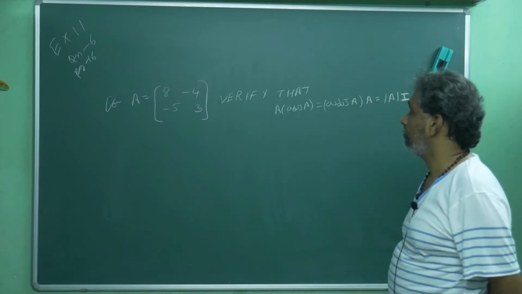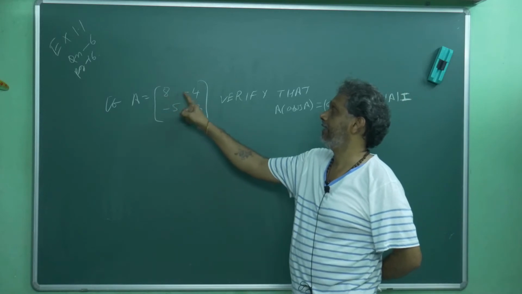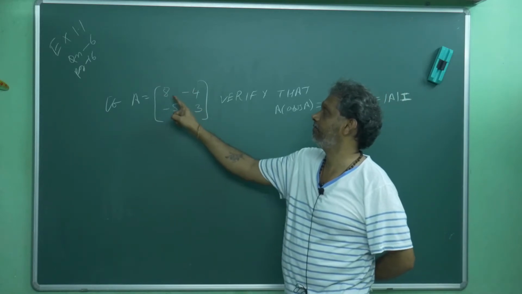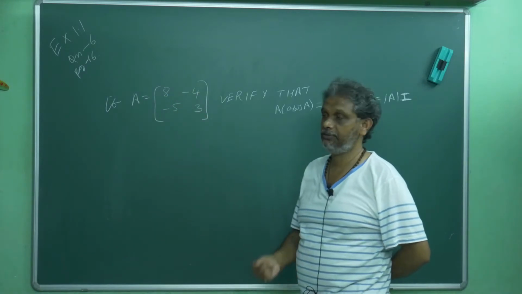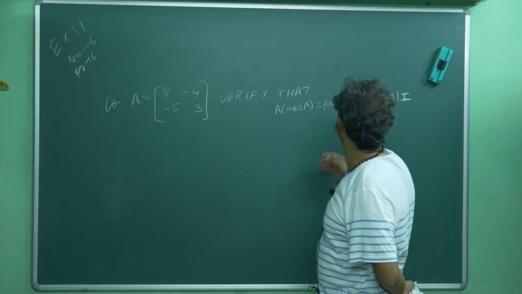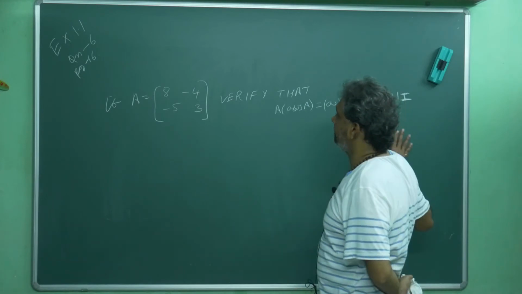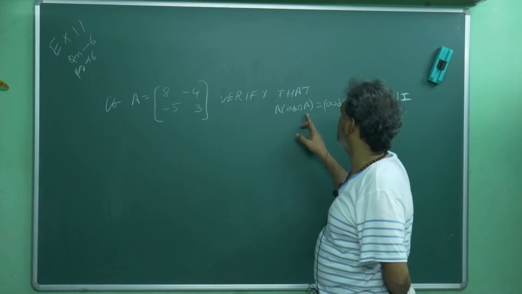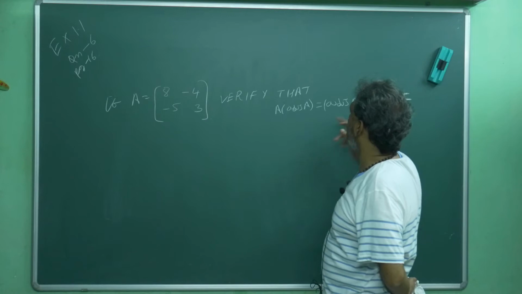See, A is in my hand. For the adjoint of A, what I told: these two fellows you can interchange. For A, B, C, D, these two fellows you can interchange, and these two fellows you can change the sign. So everything is available in my hand. Then you can find the determinant of A also. First find the determinant of A and keep it to one side. Then multiply A into adjoint of A, and adjoint of A into A, which equals determinant of A. These two parts you can prepare.